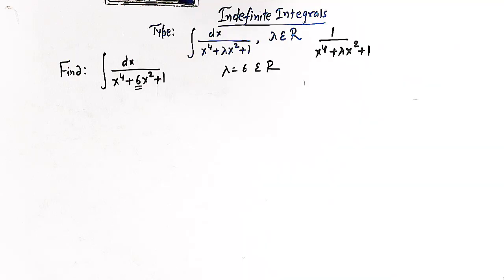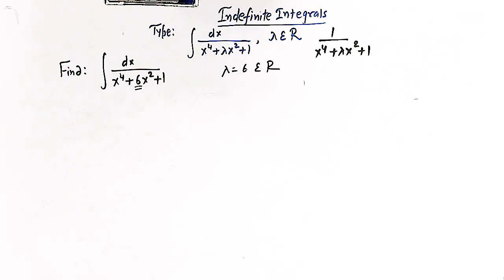So in this class we'll see how we can solve these kinds of indefinite integrals using the method of substitution, right? So let us first see some important results which we are going to use while solving this